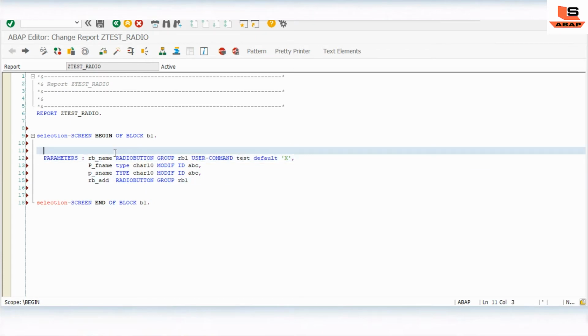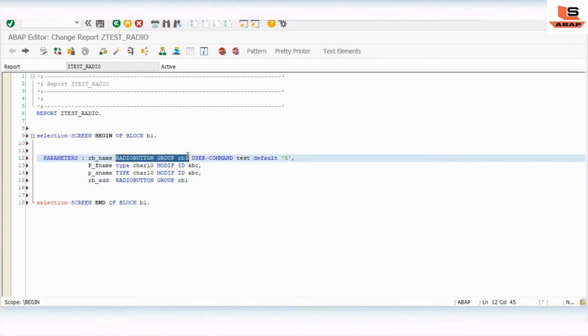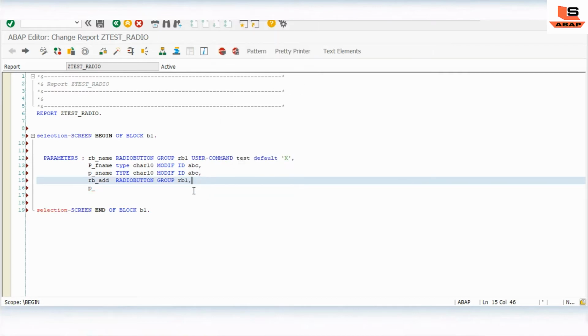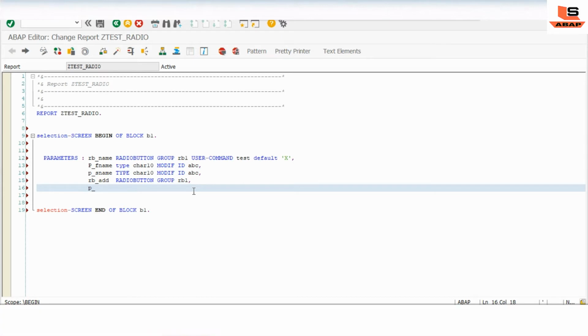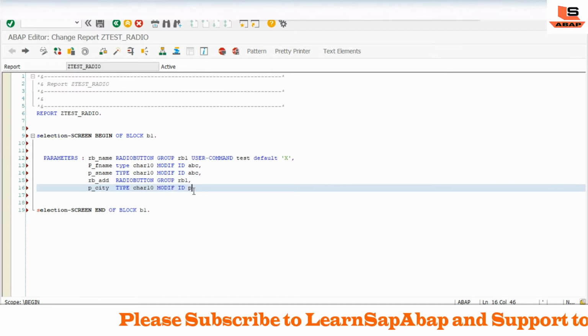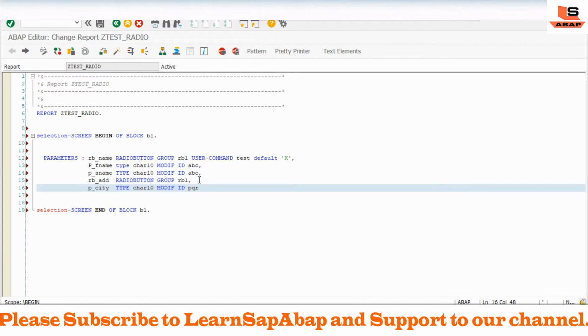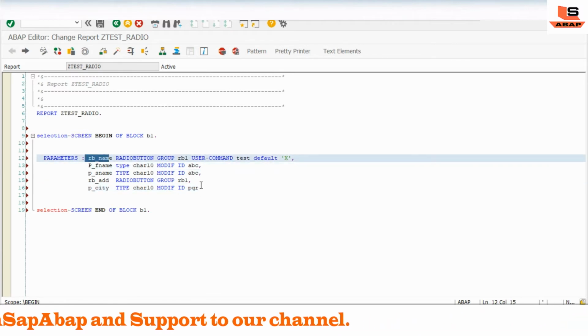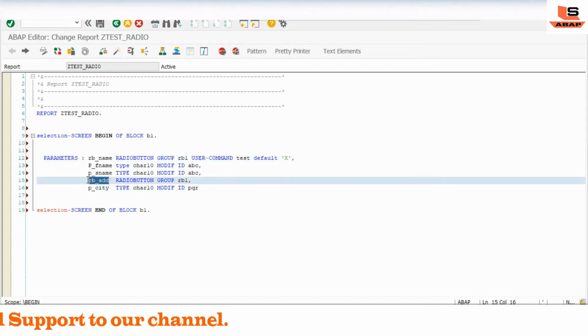Then here also we give two parameters: city, type char 10, with MODIF ID. As you can see, ABC is relevant to the name radio button, and this PQR is related to the address radio button.